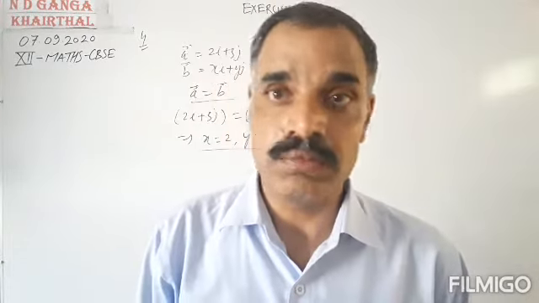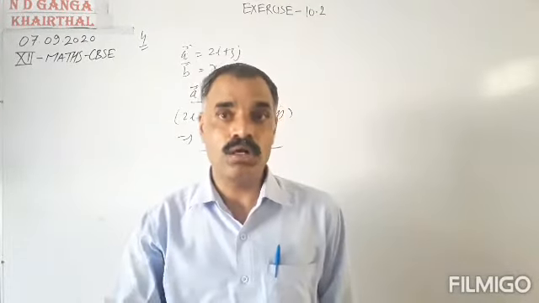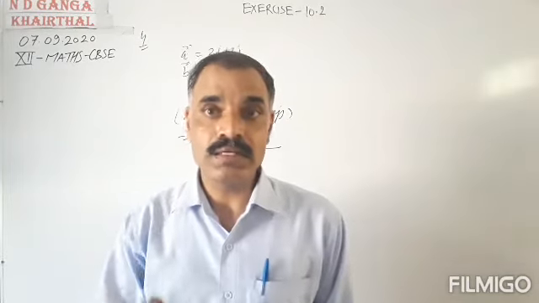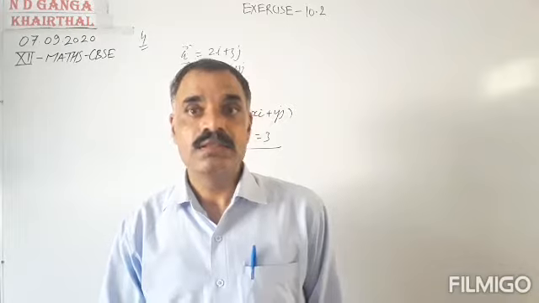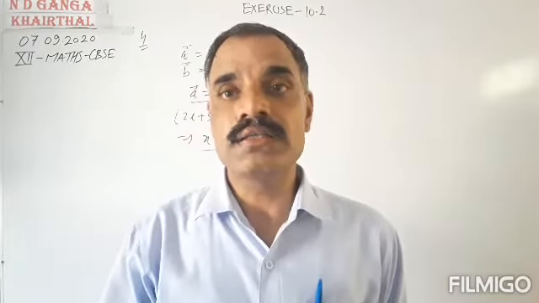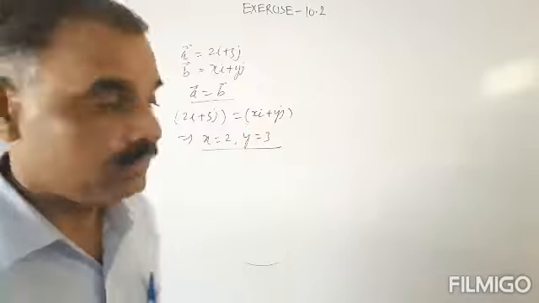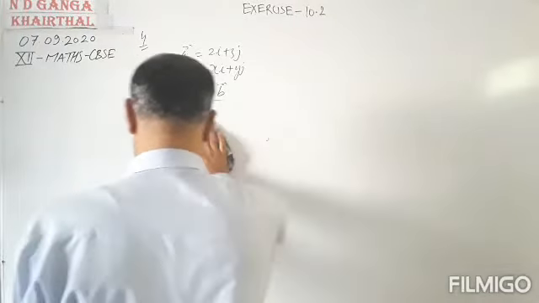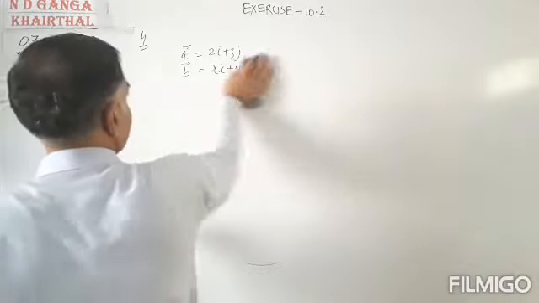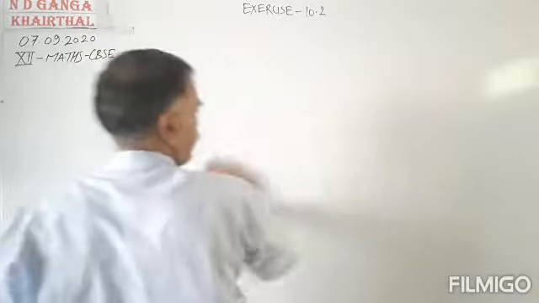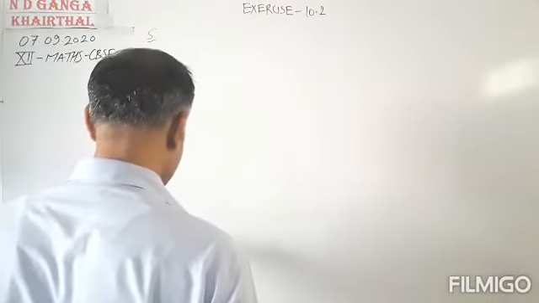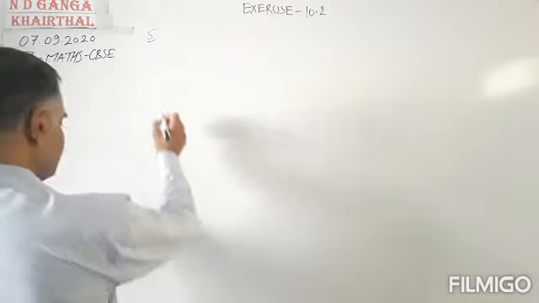Okay, this was question number 4. Means how to solve if two equal vectors are given. If two vectors are equal, then their corresponding components are the same. Okay, now let us take the next question. Question number 5 of the exercise. Find the scalar and vector components of the vector with initial point